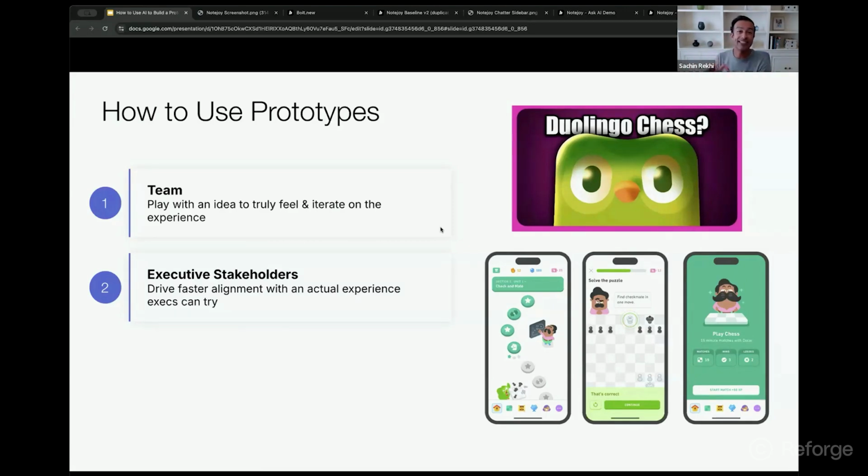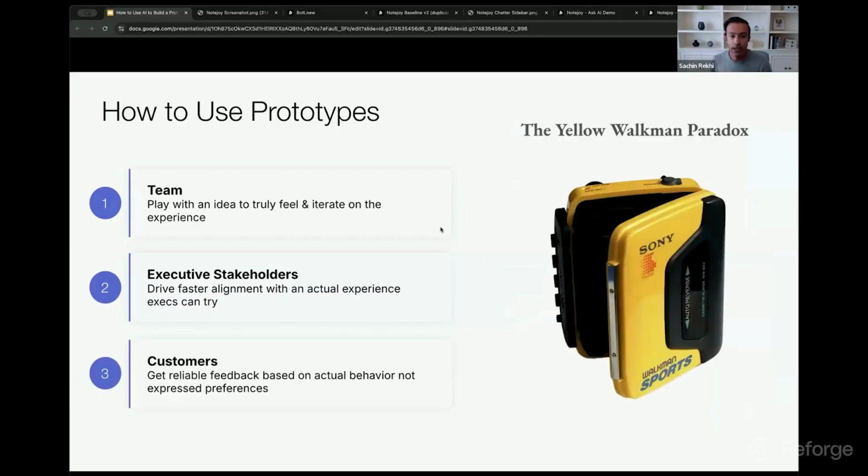He then brought that to the executive team, and they were ultimately bought in, because now they could feel it. This truly felt like a Duolingo product, not just something where Duolingo is expanding beyond its core market. And so that's really the power, where now you can make the experience real. It ends up being really useful as a way to convince stakeholders beyond just using mockups or traditional strategy documents or PRDs. So that's a fantastic use case.